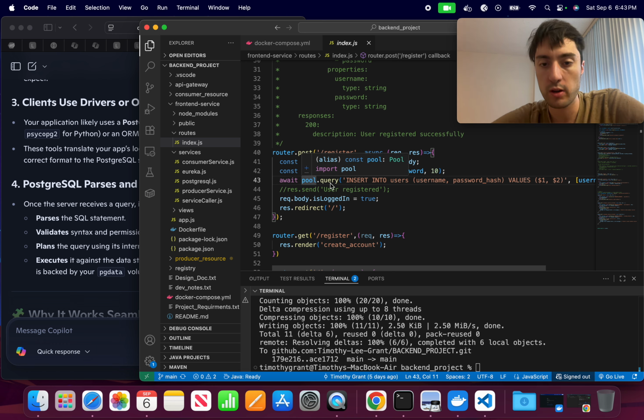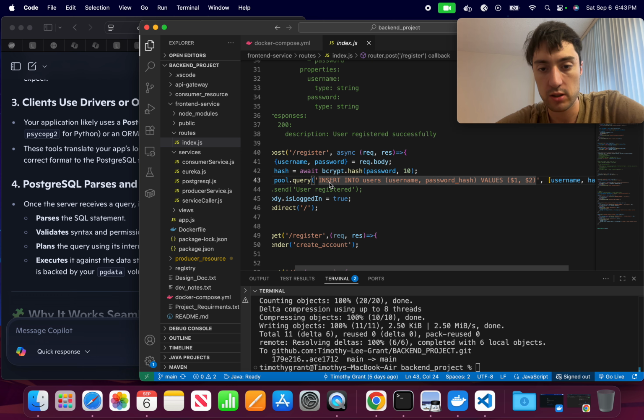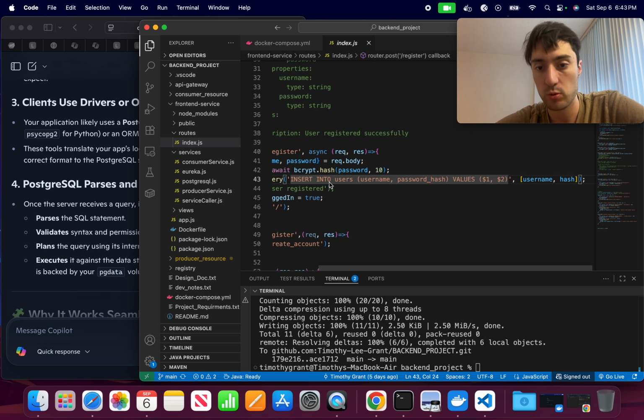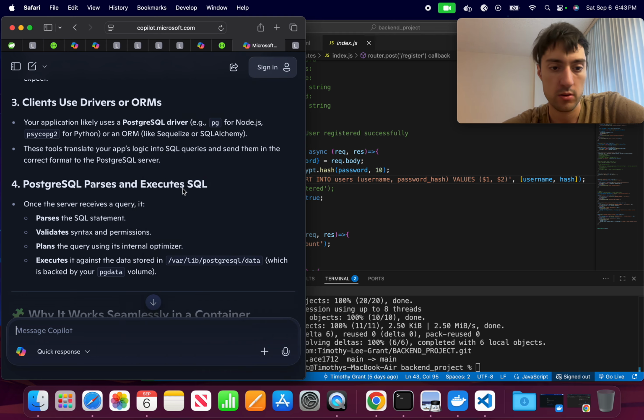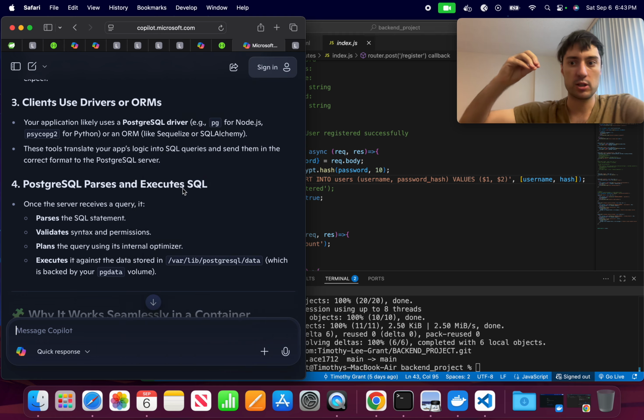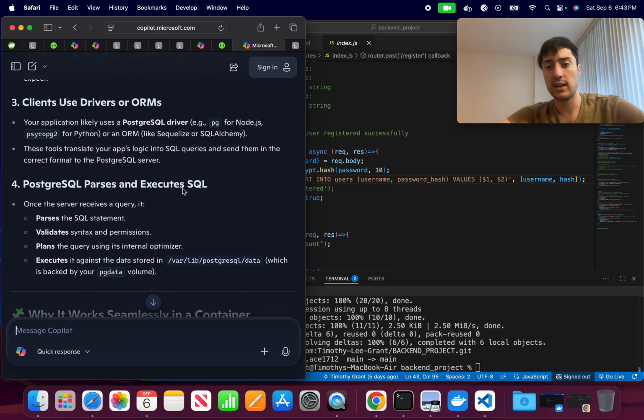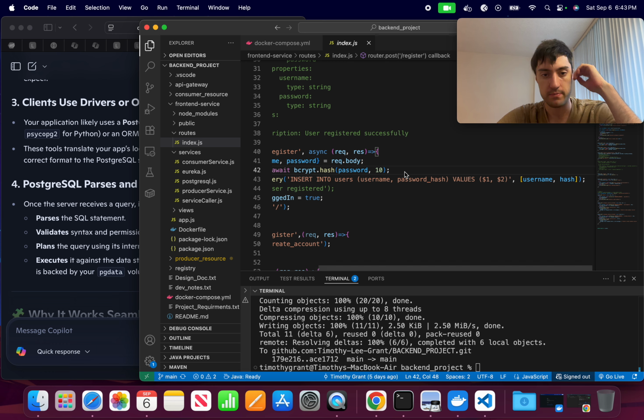So I'm doing pool, and there's a method within there, which is query, and then I give it some SQL language, okay, and then I pass in those variables. And then that object, or that method, will take in that item which I gave it,